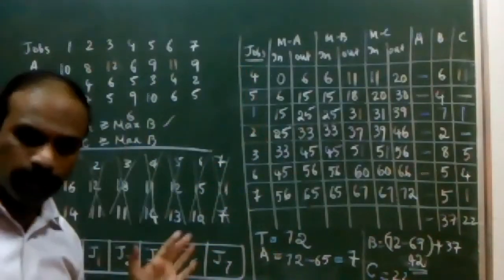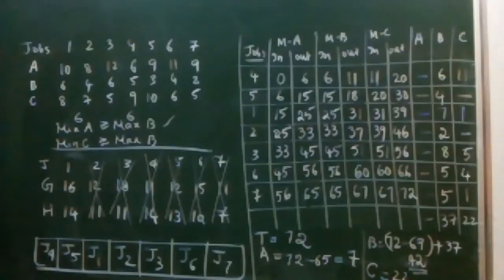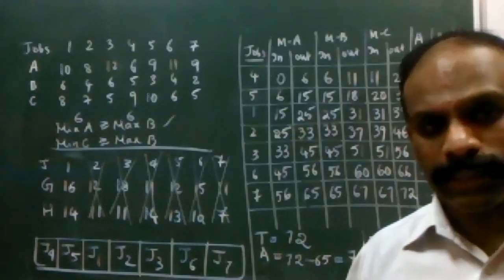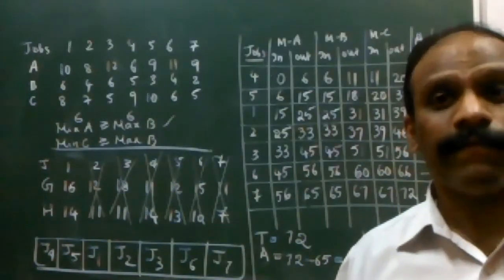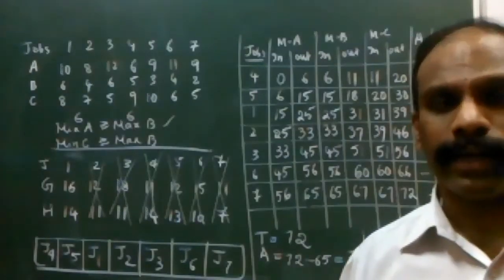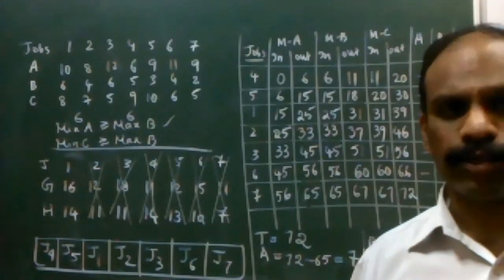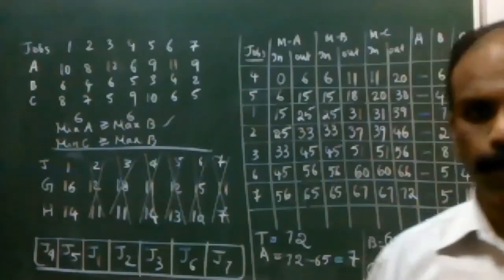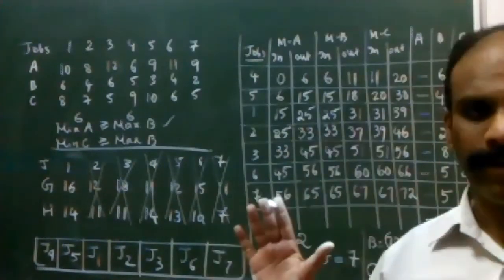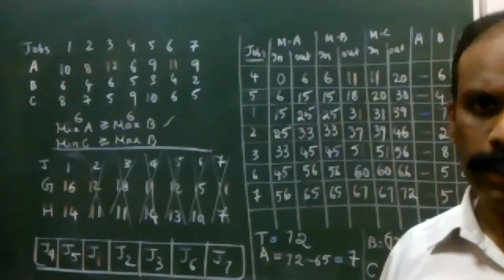I think now you are perfect with this method, everyone. Three machine problem. So now we have covered all the basic concepts of the three machine problem. The only thing left out in this problem is if it is given in different orders, for example ACB, BAC or BCA. How do we proceed with the question? I'll take 1 or 2 problems tomorrow. With that, you will understand the complete picture of the three machine problem, and whichever order is given in the exam, you should be able to solve it comfortably.